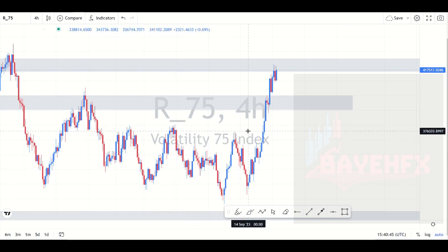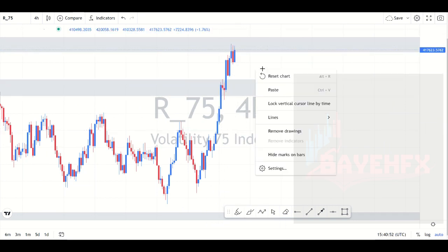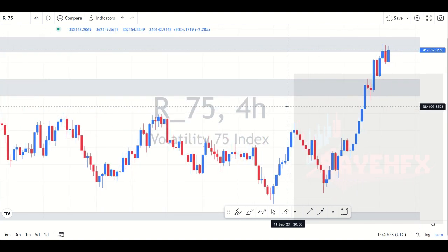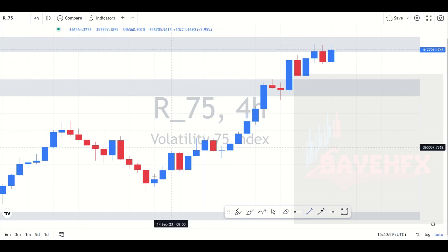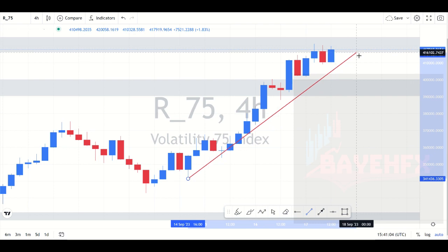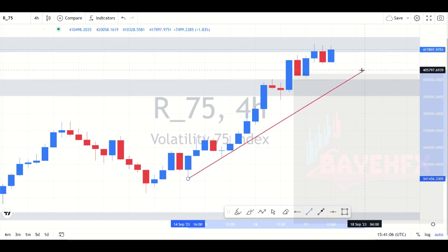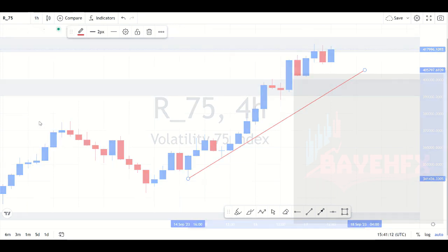So guys, as you can see on VIX75, we're approaching these resistance zones right now. If we zoom in a little bit more, you can see the market has given us a nice trend there. We're going to check: is the market ready to reject from that particular zone? You can see those multiple touches there. So let's go down to the 1 hour time frame to get more touches